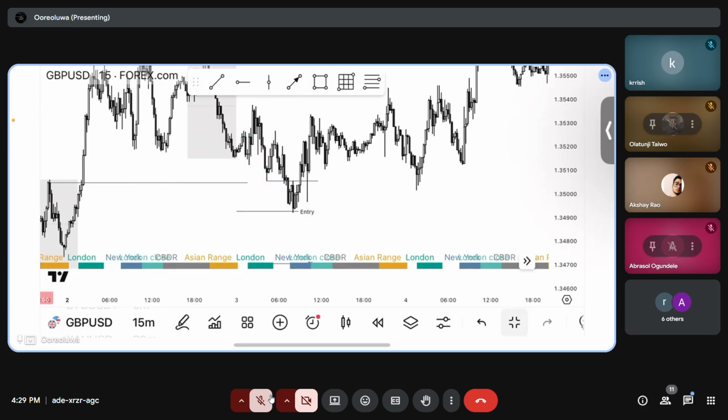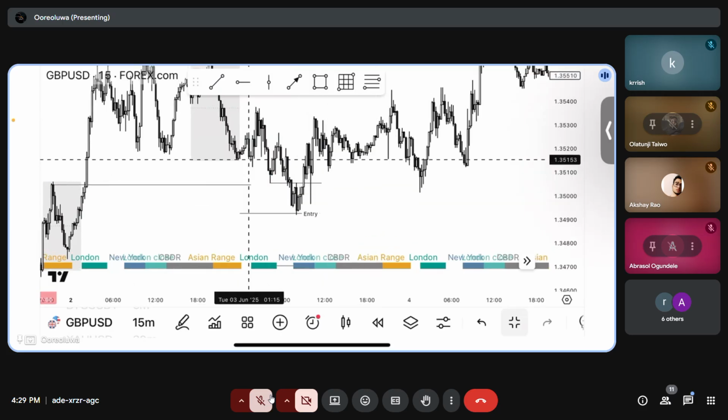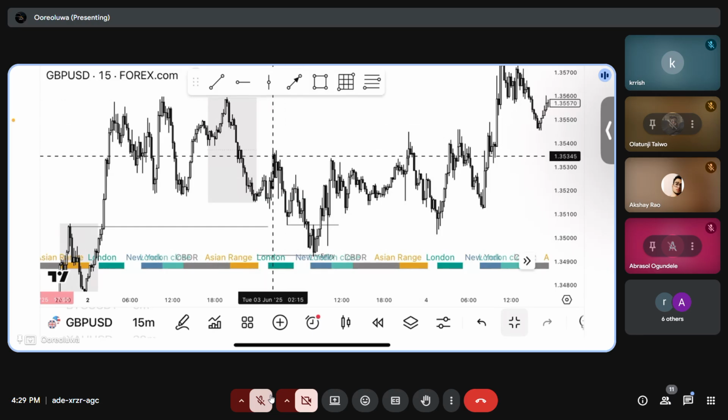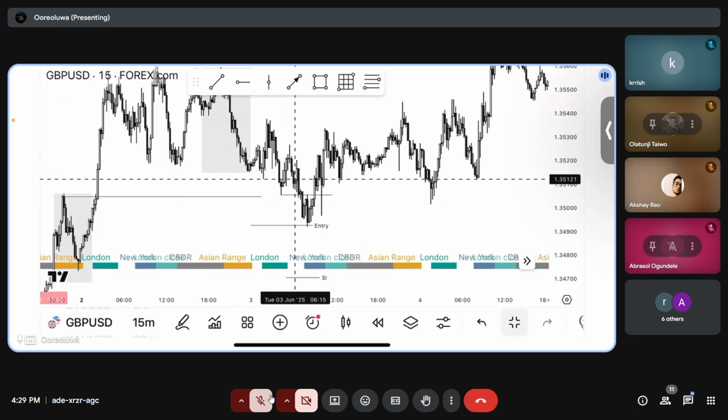So during 3 a.m., price didn't take the low of the Asia. Price took it during 1 a.m. But me, I always like it when price takes the low or the high during 3 a.m. Price didn't take the low of Asia, and price didn't take the high either during this 3 a.m., so the next time I'm waiting for is 5.